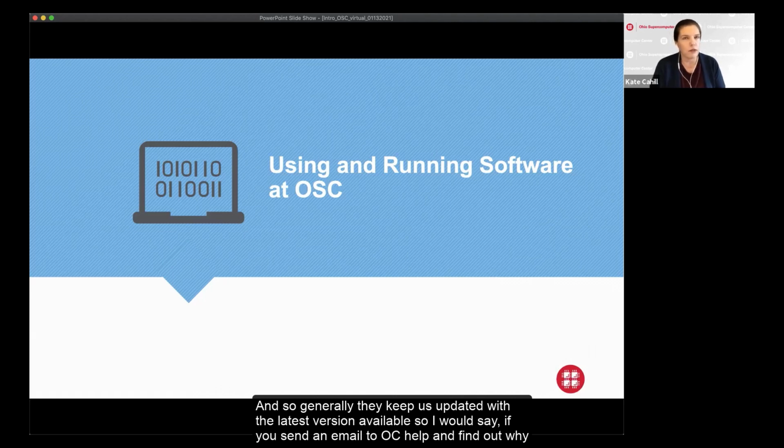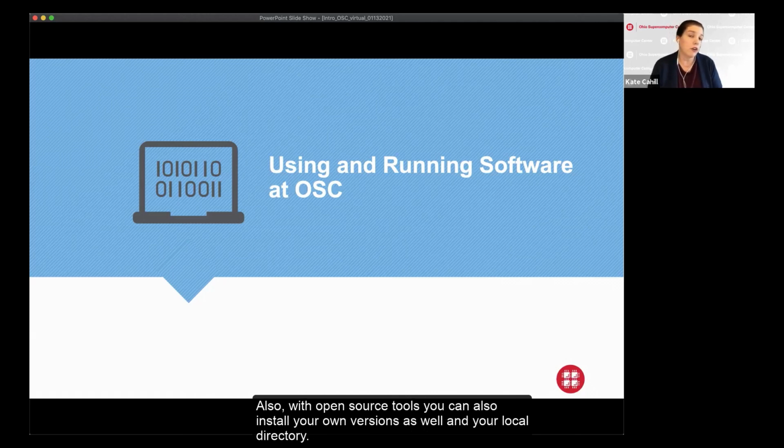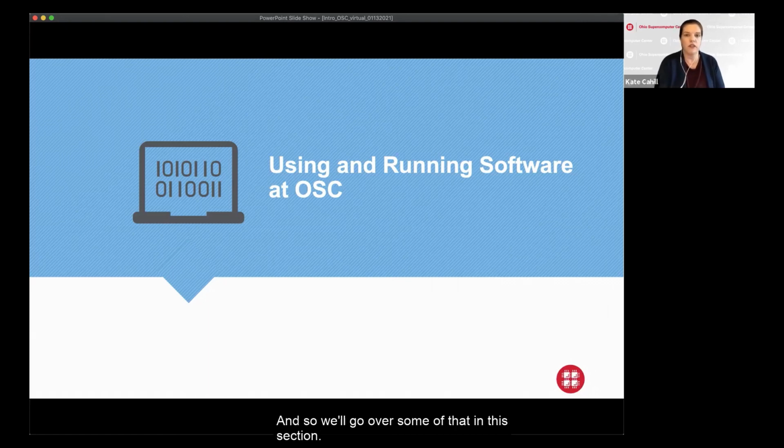So I would say if you send an email to OSC Help, you can find out if there's a newer version of Git that might be more useful to you. Also, with open source tools, you can install your own versions in your local directory. We'll go over some of that in this section.